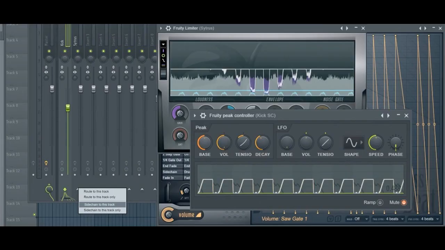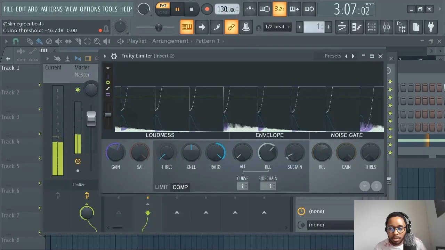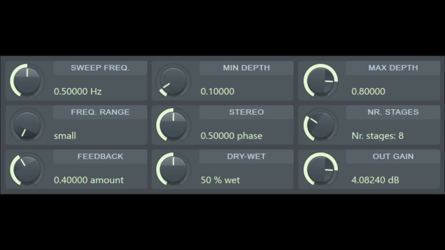Sidechain. Sidechain is when your kick drum steps up and tells everything else to get out of the way. Now. It's like giving one sound the power to push others down in the mix, creating a pulsing effect that's as addictive as it is hypnotic. The kick's in charge, and everything else better listen.